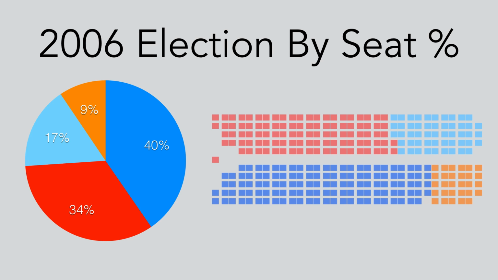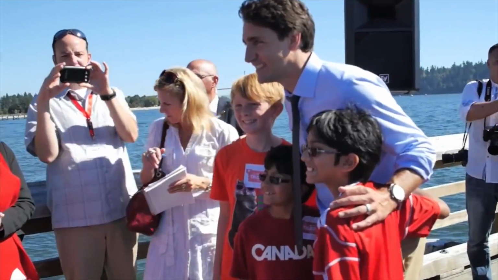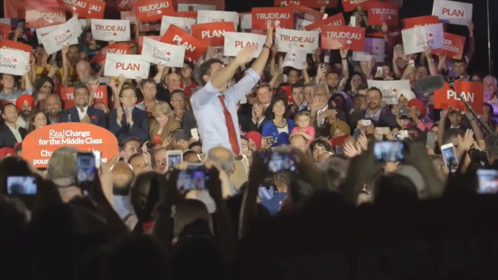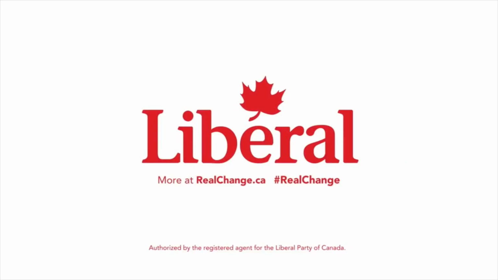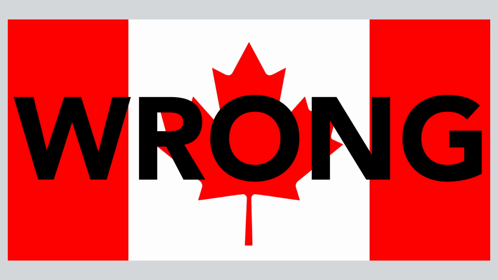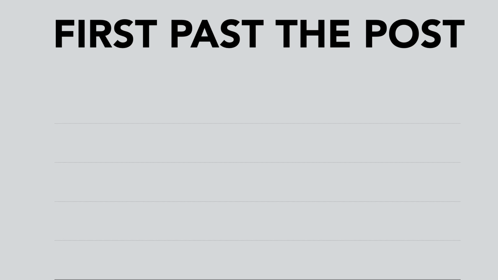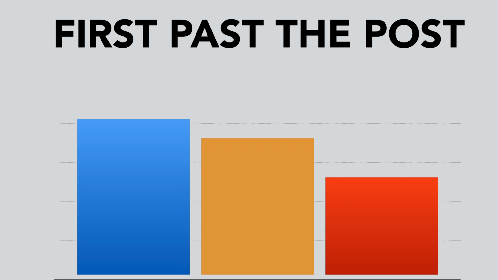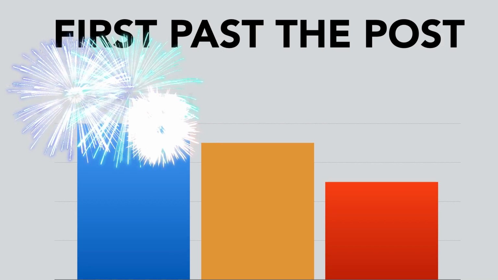So let's say you've won your party's leadership election. An election is coming soon, so now you must convince a majority of Canadians, at least those that vote, to vote for your party, right? Wrong. Canada has the first past the post system of voting, with multiple parties trying to win. This means that you don't need a majority of votes to win a seat in Parliament, you just need more